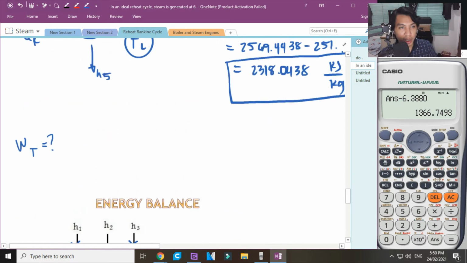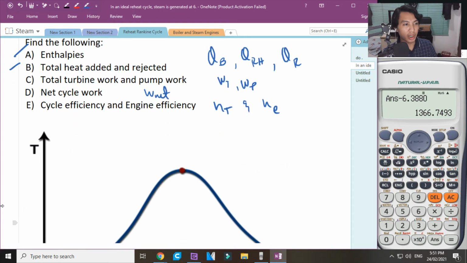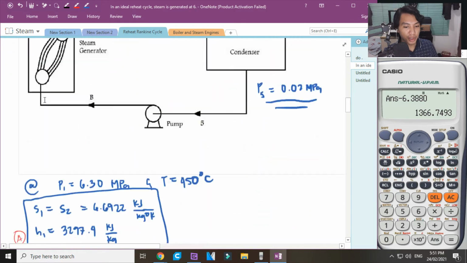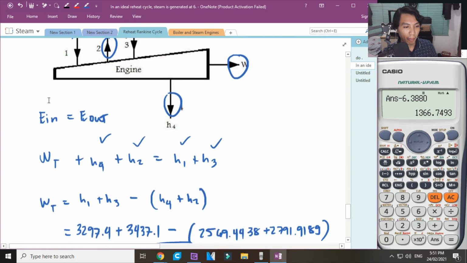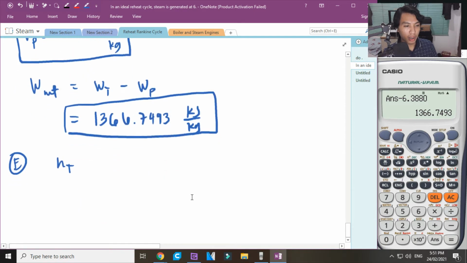Okay, ano pa yung hinihingi dyan? Natapos na natin yung part letter D. Okay, check na natin itong dalawa. Ito, net cycle work. Cycle efficiency and engine efficiency. The cycle efficiency, letter E. Nu T. Tsaka, and new engine. Ito naman, yung cycle, pwede na to. Work net over QA equal to